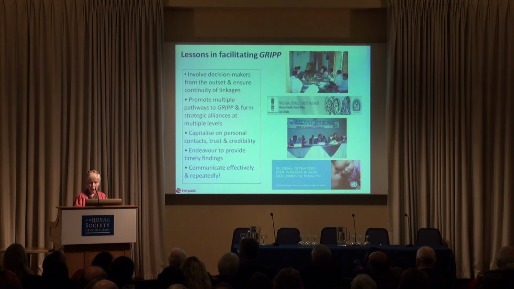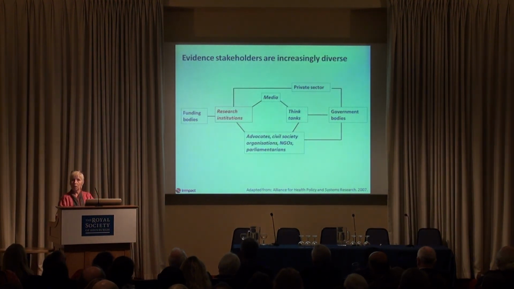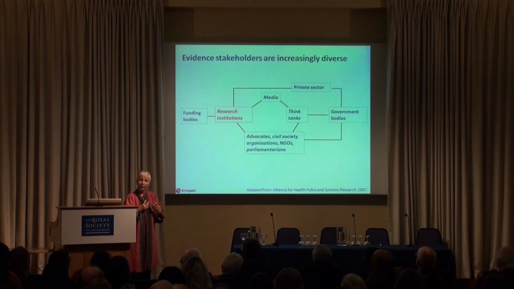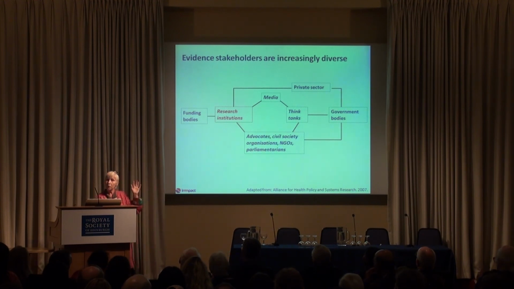The landscape has changed in terms of who the stakeholders are. Please don't think you're working to generate your evidence for one constituency. There are lots of different stakeholders now in the knowledge process, and you have to understand them and communicate with them differently. It sounds like it's become more complex, and at one level it has, but I would argue failing to realise who we're trying to reach is one of the problems. We haven't acknowledged there are multiple stakeholders.